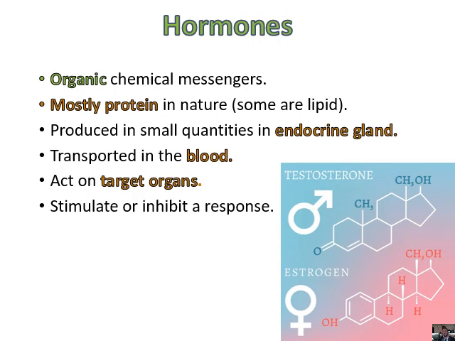Stimulate means to cause a target organ to respond positively to what you want it to do. So you're causing it to go from this level to that level, like you're forcing it to do a job. Whereas inhibit means that you're stopping it from doing a specific job. And a lot of the time, if you remember from the nervous system last year, you might want to stimulate a specific part of the body here, but you also want to reduce how one part of the body reacts over there. So the whole sympathetic, parasympathetic, all those kinds of vibes.